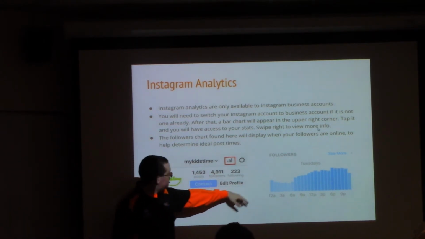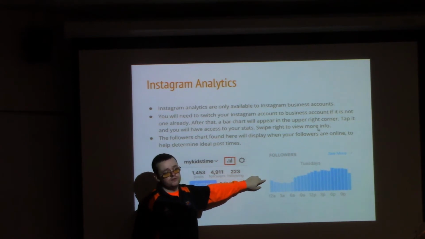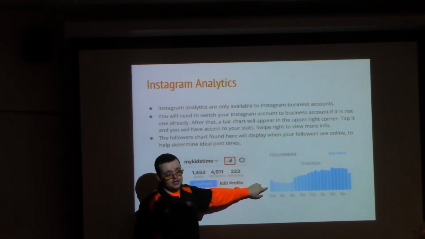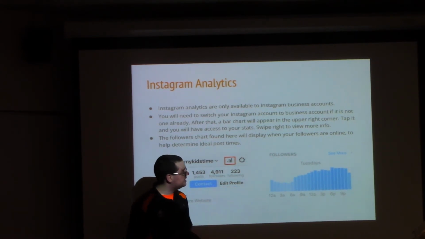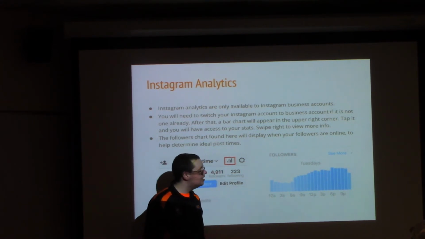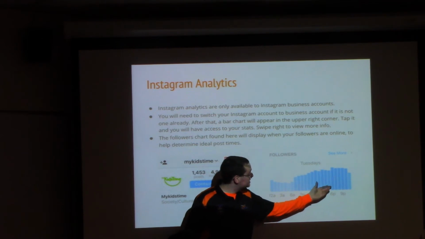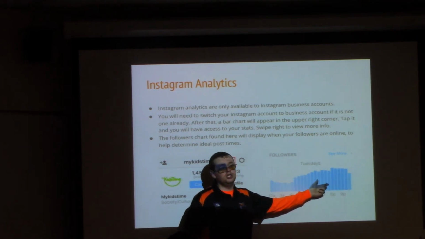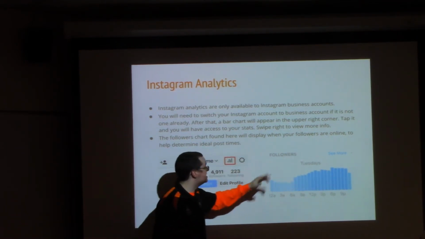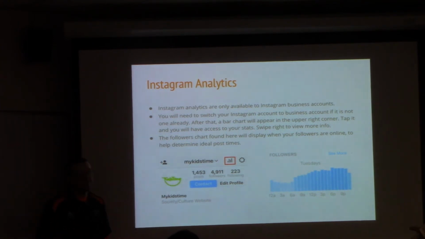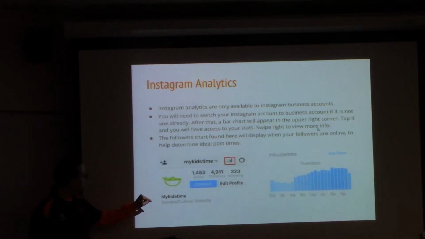And Facebook has a similar chart that will tell, I think somewhere in there, when your followers are generally online. So keep an eye out for that. It's going to help you identify the ideal times to be posting your blog. I find that generally, at least for us, later in the evening is a good time to post. That gets the highest amount of traffic. I think when people are getting home and getting on their social networks to see what their friends have posted that day or whatever.